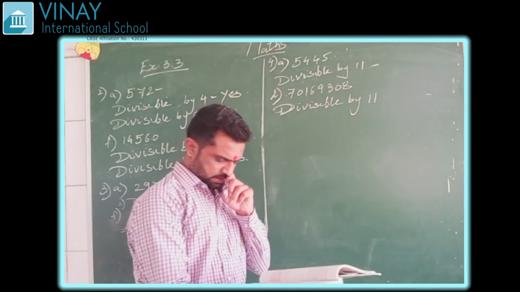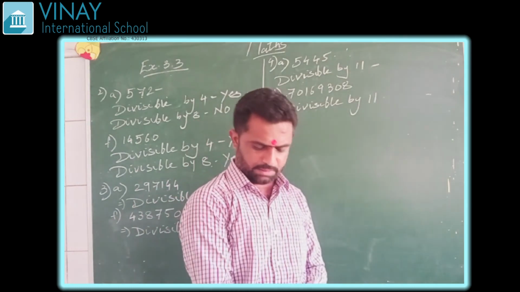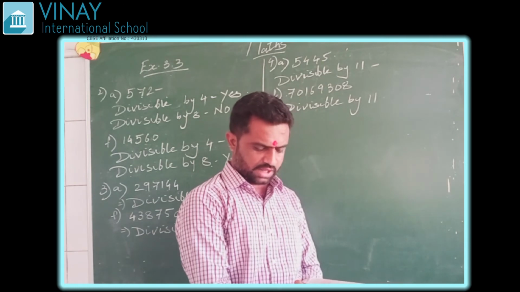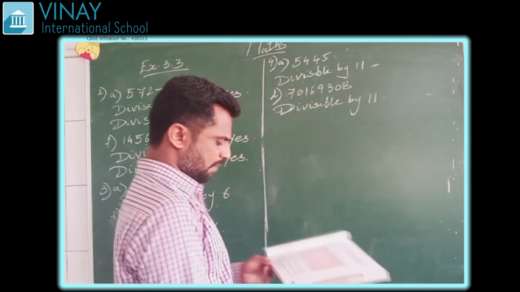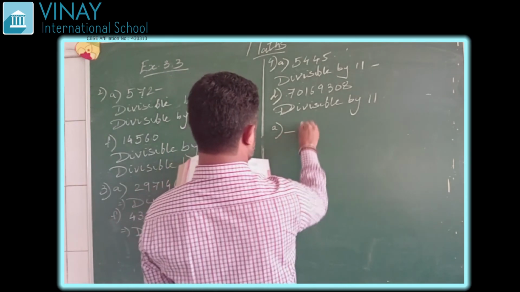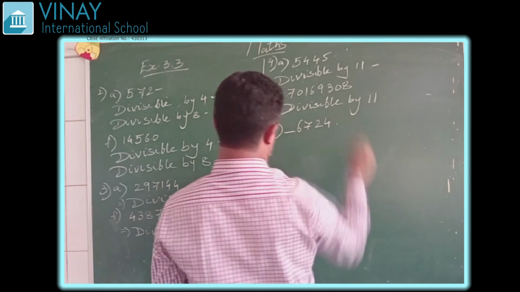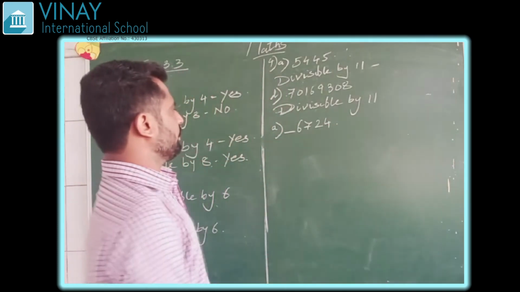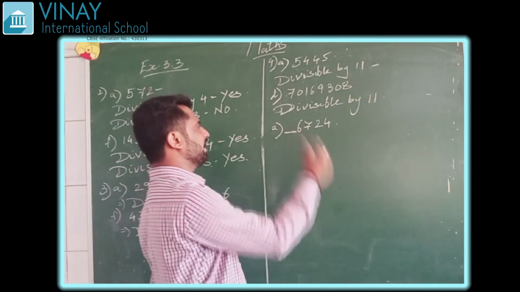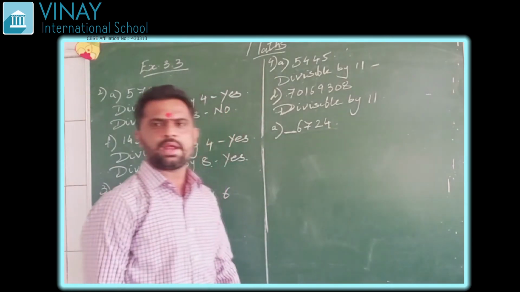Question number 5 is: write the smallest digit and the greatest digit in the blank space for each of the following numbers so that the number formed is divisible by 3. Now here what number is given? 6, 7, 2, 4. One blank space is given. We need to write here one smallest digit and one greatest digit so that this number should be divisible by